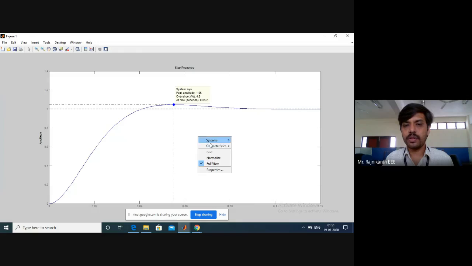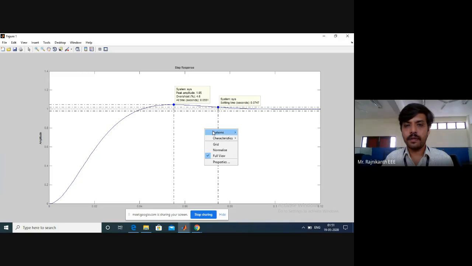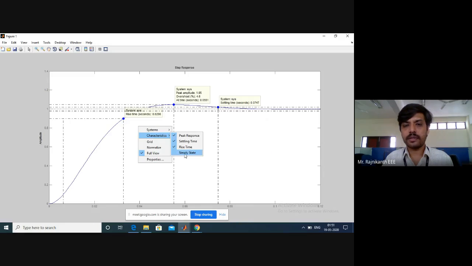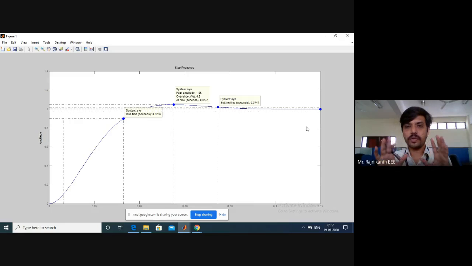Peak response, settling time, rise time. Click on this, characteristics, steady state. So this is about what happens when you increase the damping. The system waveform changes, peak overshoot reduces, and settling time and all those things can be verified.